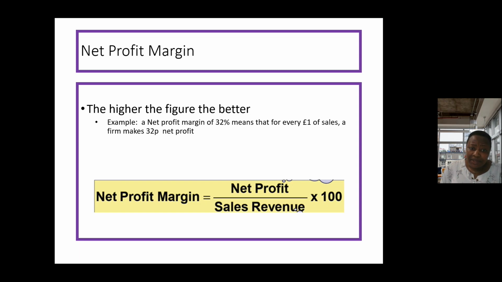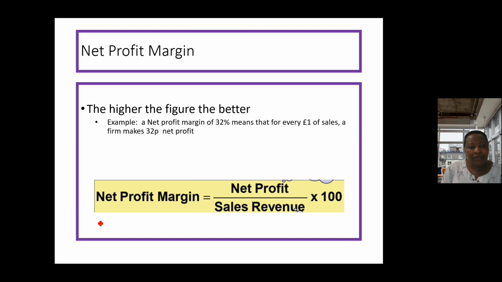Your net profit margin is a bit similar to your gross profit margin, right? The only difference is that in your gross profit margin, you're comparing the gross profit to sales. Here, we're comparing our net profit to sales. Net profit meaning that, gross profit was just our sales less our cost of sales. With our net profit, now that you have gross profit, you have taken away all of the expense elements from the gross profit, and you have then gotten to your net profit. So that net profit, you're comparing it to your sales